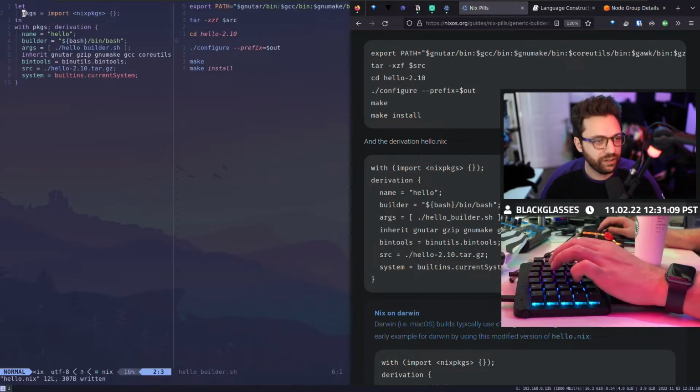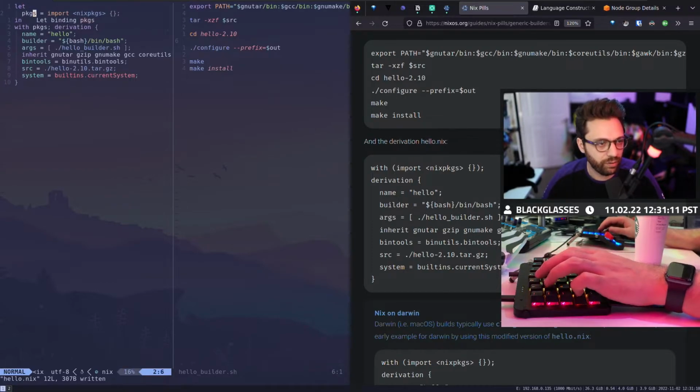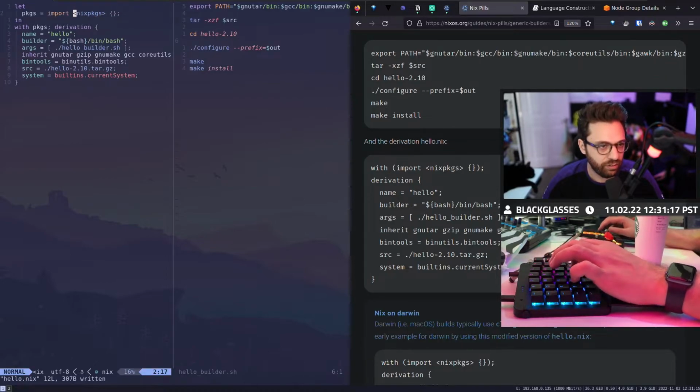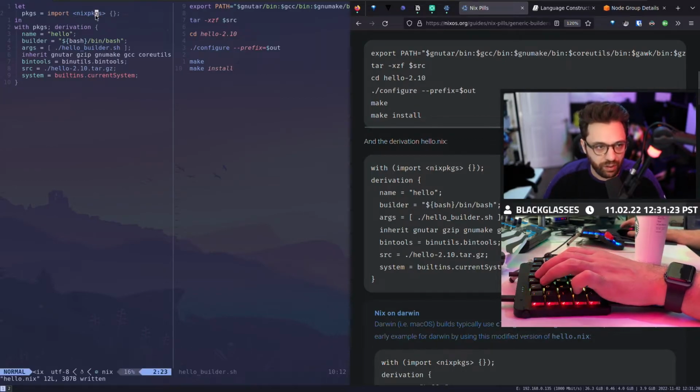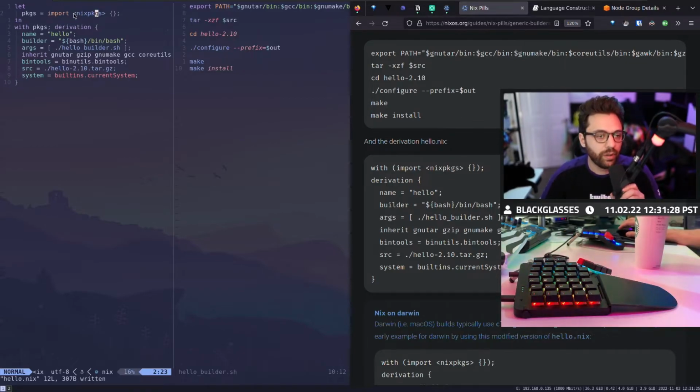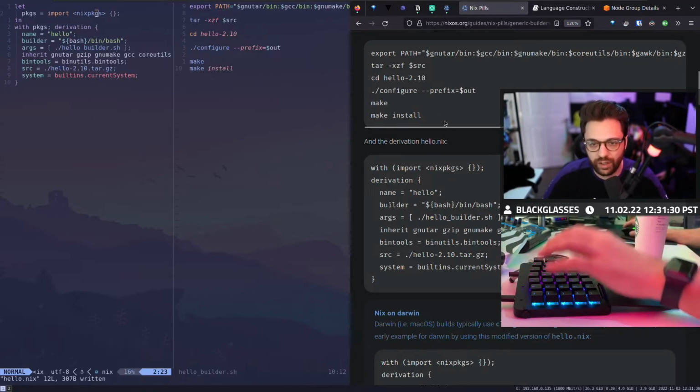In the very beginning, you're going to notice that we create a variable called packages, right? This packages imports our Nix packages repository, as we're going to call it. Again, it's not an actual package repository. It is a Git repo, is what I mean to say. It's just a Git repo with a ton of expressions in it.